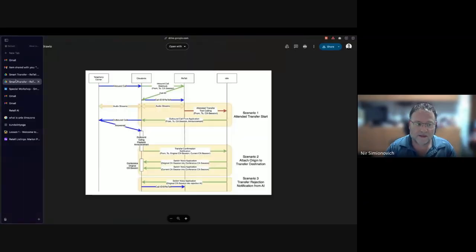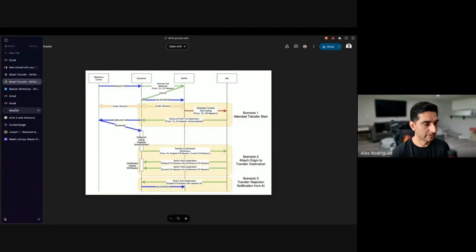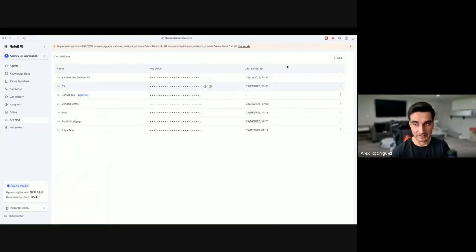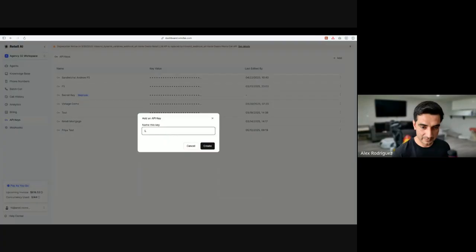So the first thing we need to do in order to make sure that everything is set up the right way is right now, Alex, I need you to give me the API key for the agent and the agent ID so I can connect our phone number to the agent. Sounds good. So let's do that. I'm going to create just a sample key just for this so I can delete it afterward. Right. Just because you guys are all going to see this.